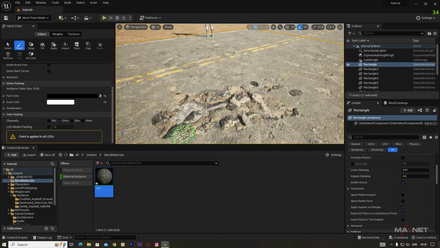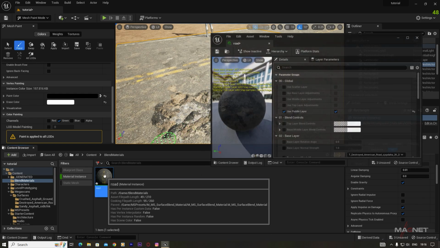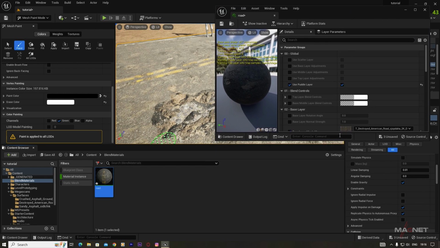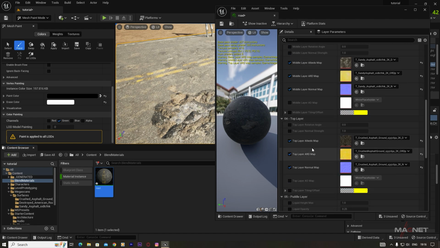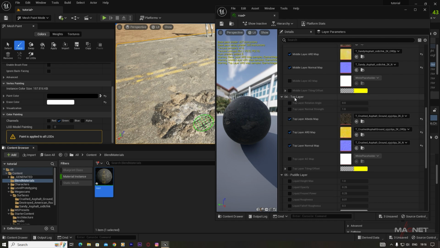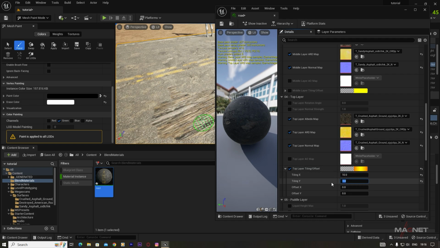But you can see that this tiling of this material is too much, so we're going to decrease this tiling. So in order to decrease the tiling, first we're going to open this material, just double click here to open this material properties, and then we make a room here, and first we go to this base layer, and then this the middle layer, and here is this top layer. So this will be our top layer. So inside this top layer, we go to this tiling option, just expand this, and also we enable this, and then we increase the tiling here. So maybe we change this to 10 by 10, and